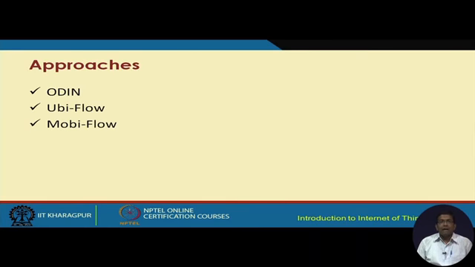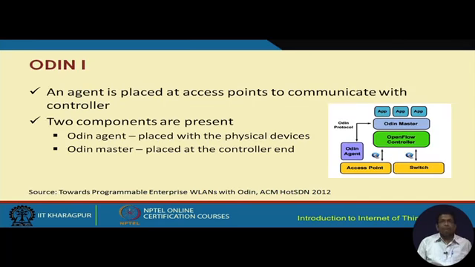So, there are different approaches or different solutions that have been proposed for it. Number one is ODIN, number two is UV flow and number three is MOBI flow. ODIN basically proposes the use of an agent, it is an agent based architecture. So, here an agent is placed at the access points to communicate with the controller. So, this is the ODIN agent, and there is the ODIN master. So, we have the ODIN agent which is placed at the physical devices at the access point for example, and the ODIN master which is placed at the controller,